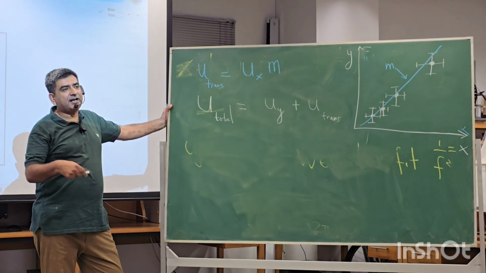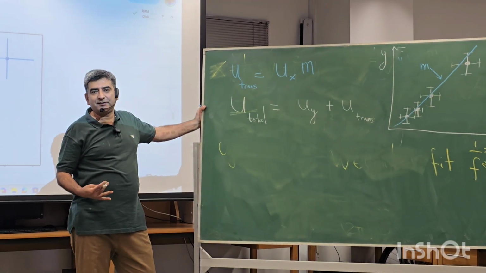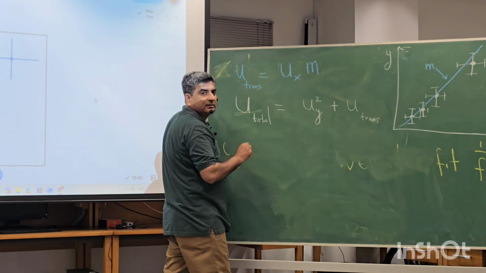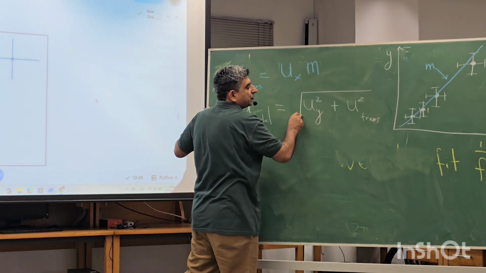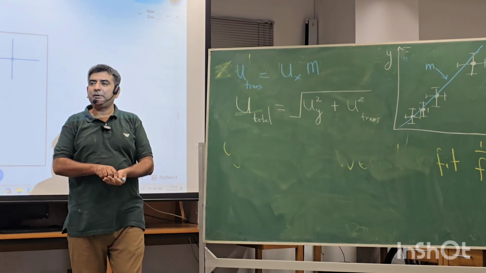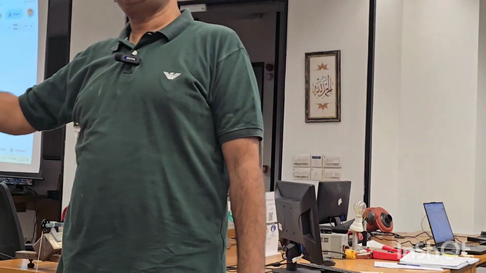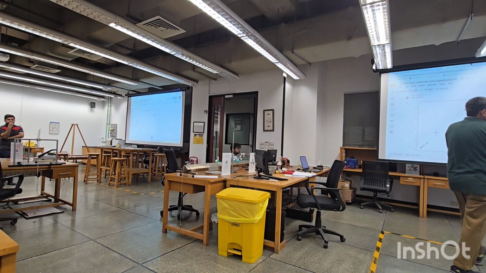But you can't add uncertainties like this, because uncertainties can be positive or negative. What you really want to do is take the square of this, add, and take the square root. This will give you the total uncertainty along the y-axis and nothing along the x-axis, but you've taken that into account already. So as a result of this transferal process,